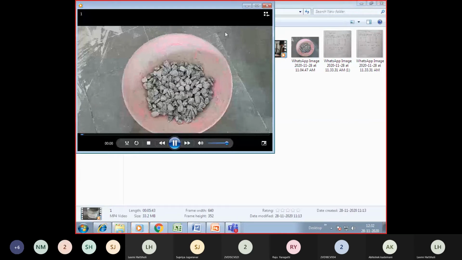Just to help understanding, because a few students may find it a bit confusing or difficult to understand, to make it easy I have drawn these blocks. I have drawn such blocks in the lab itself. You can see the markings here. Let me explain this once again. Initially I have taken these aggregates, 200 pieces of aggregates. After taking 200 pieces of aggregates, I have taken a chalk piece. This is the retained sieve size I have written.